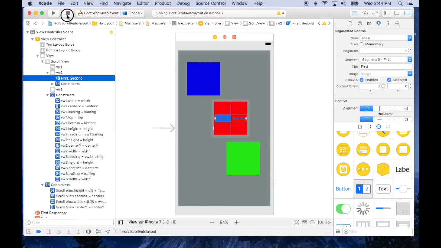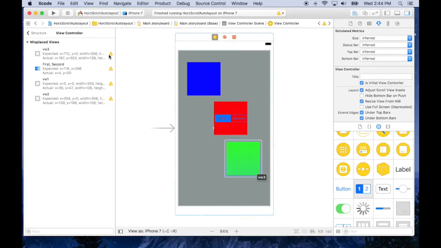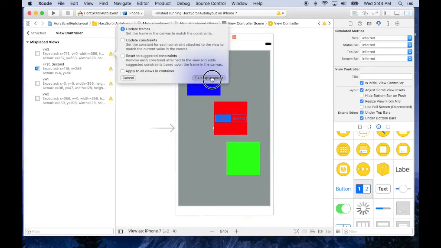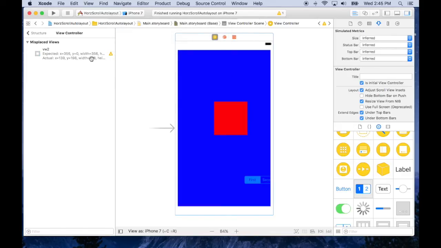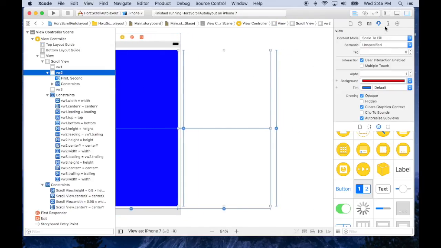And it was just easy for me to do, even though the constraints are giving me the warnings, it was easy for me to put this control or this segment view onto that second view. If I go ahead and fix all the misplaced in here, everything's going to line up, but now I can't really see it. So if I want to go back to the second view and I want to add something in there,